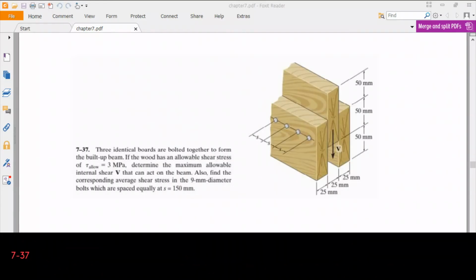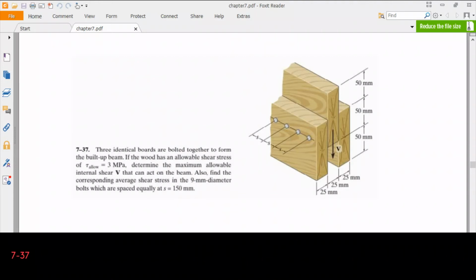Okay, our problem is 737. Three identical boards are bolted together to form the built-up beam. If the wood has an allowable shear stress of tau allowable 3 megapascals, determine the maximum allowable internal shear V that can act on the beam. Also find the corresponding average shear stress in 9 mm diameter bolts which are spaced equally at S is equal